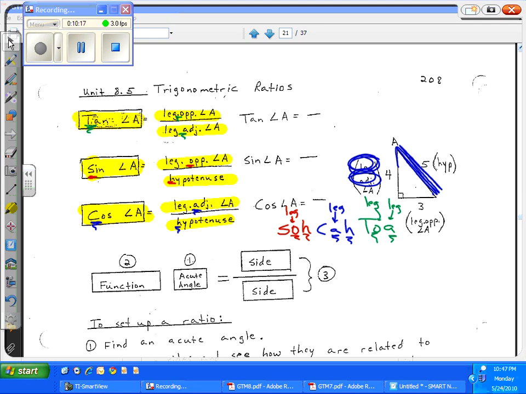Sine is leg opposite over hypotenuse. Cosine, leg adjacent over hypotenuse. Tangent, leg opposite, leg adjacent. And really, we shouldn't just say that. We should say the sine of angle A is equal to the length of the leg opposite angle A over the hypotenuse. We really shouldn't say sine's leg opposite hypotenuse. We should be specific in the angle we're talking about. Okay,